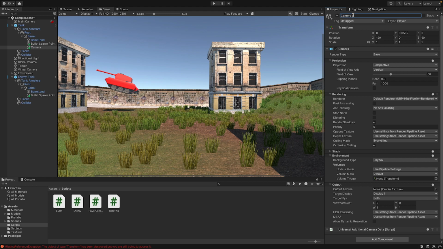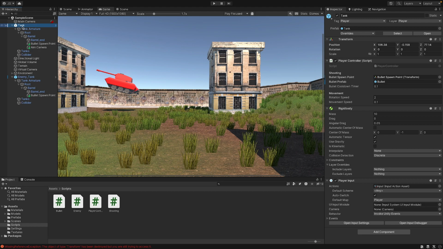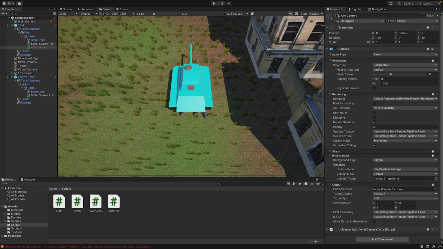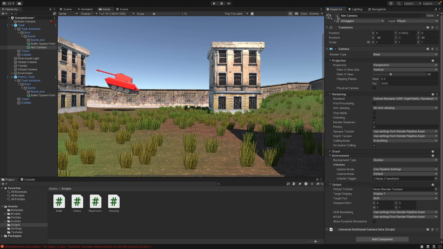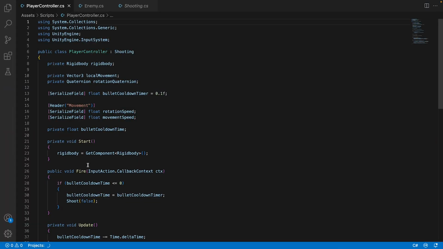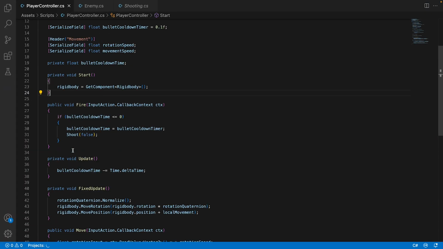This is the aim camera. And so as you see here, if we disable the aim camera, then it goes over to our third person view. If we enable it, it goes to the aim camera. And we can use this to our advantage. So if we open the player controller, and on update,